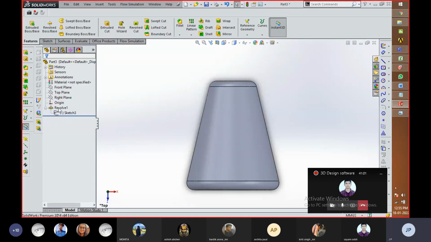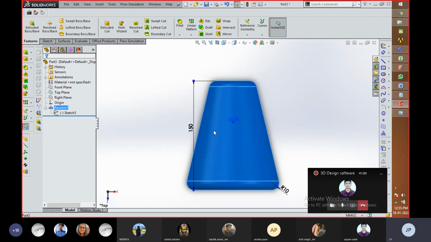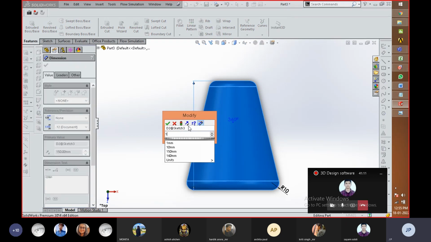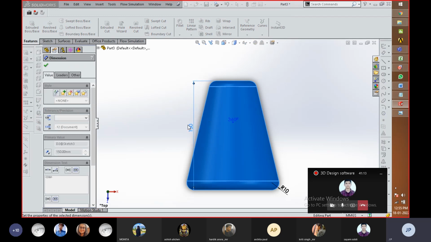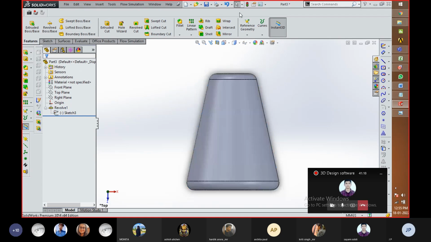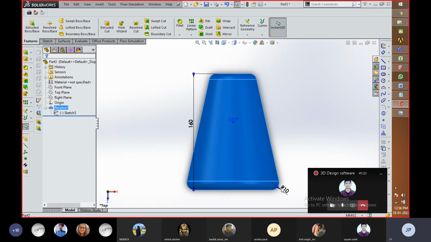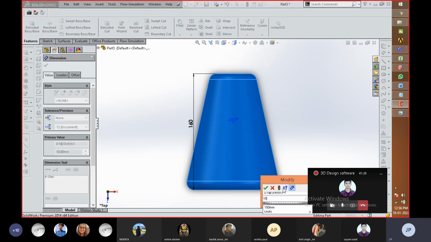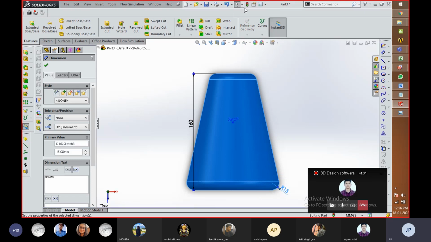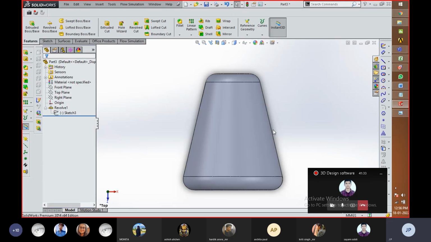Then this is going to be created. You can change the value by clicking on a part also. So if I need to make a change of 10 millimeter increment, you can opt for this and then click on the regenerate tool over here. So you can see that the height of the component is created. Other thing is that if you want to change the value of fillet radius, you can do the same thing over here. If we need to fill a value of 15, then click OK, then click on regenerate. So that part is going to be accommodated within the sketch profile.